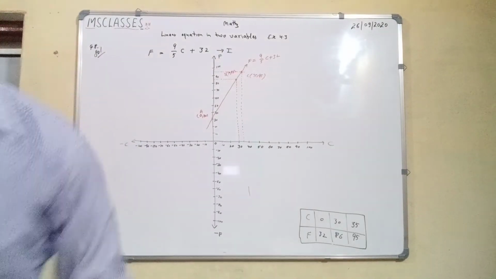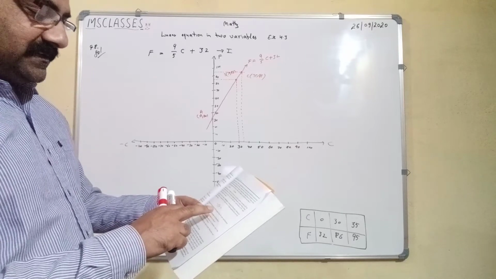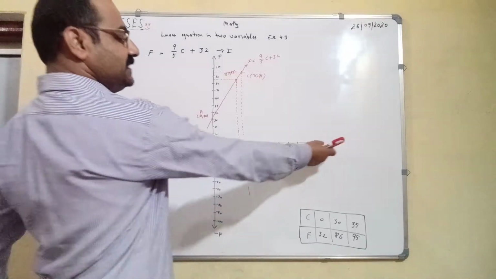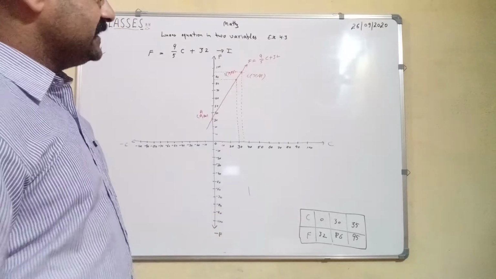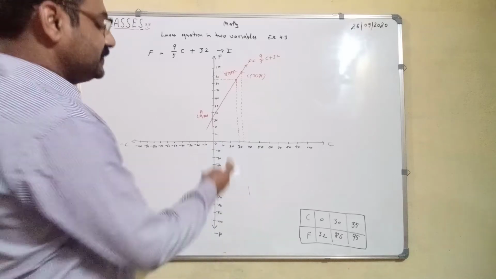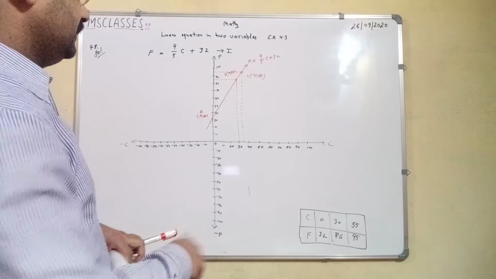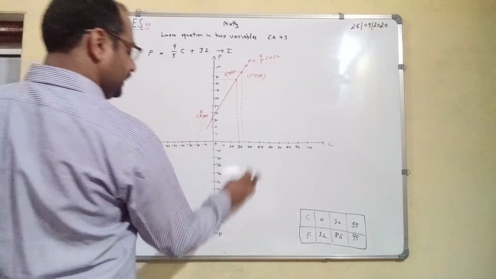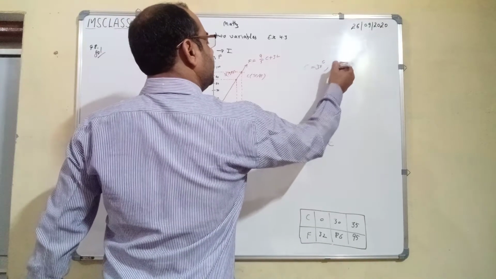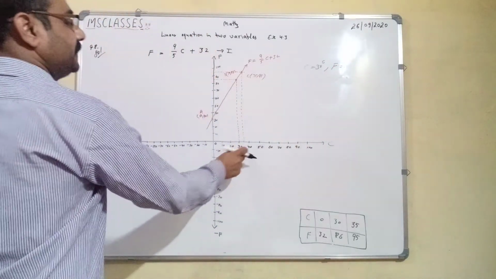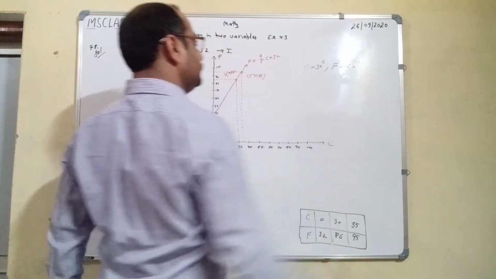Now guys, we see our answer from the graph. Your first question is, draw the graph of the linear equation, with Celsius on the x-axis. So the x-axis is C and the y-axis is F. The second question is, when C is equal to 30, when your centigrade is equal to 30, then what is the value of Fahrenheit? So your answer is, when C is equal to 30 degrees, then Fahrenheit is equal to 86 degrees. This is your second question.